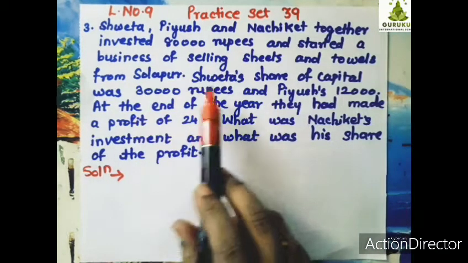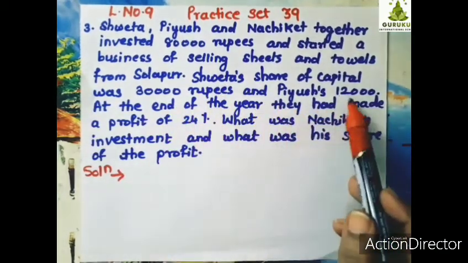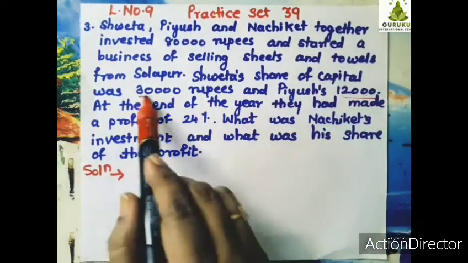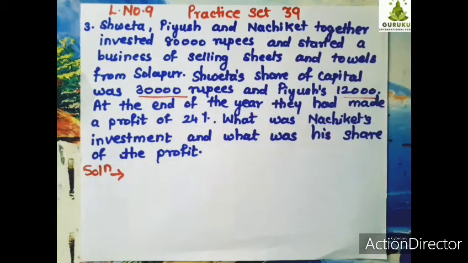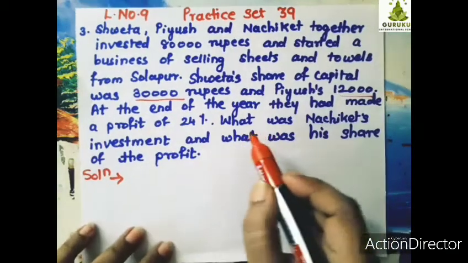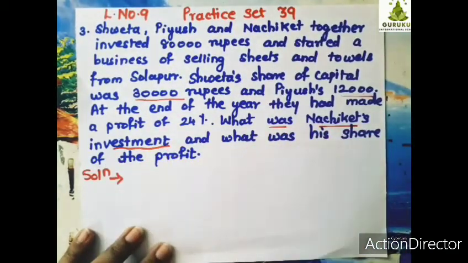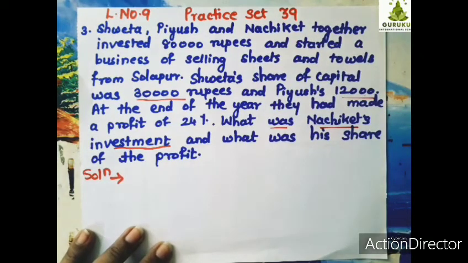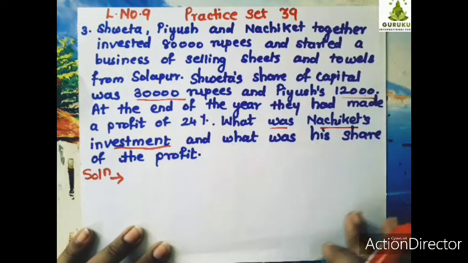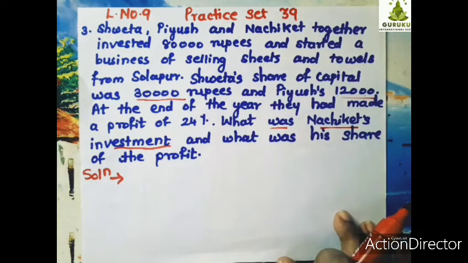Out of that, Shweta and Piyush's share is given to us, correct, and Nachiket's share is not given. That we have to find out. They have asked us what was Nachiket's investment and what was his share of the profit. And again here they have not given us the ratio as well. So first we have to find out the investment by Nachiket, correct, and then we have to find out the profit for